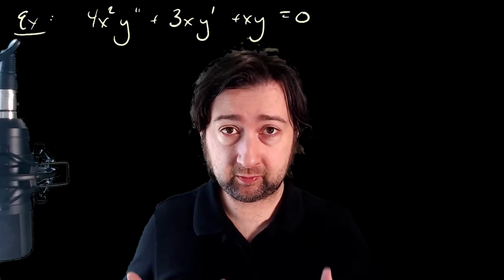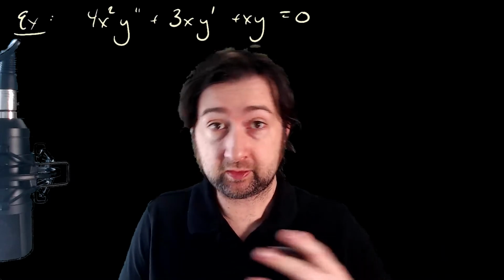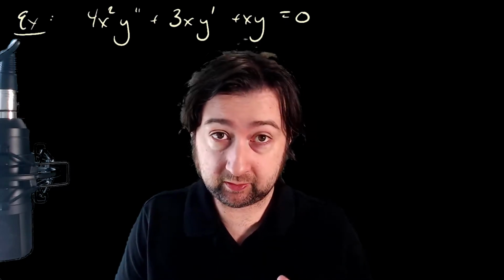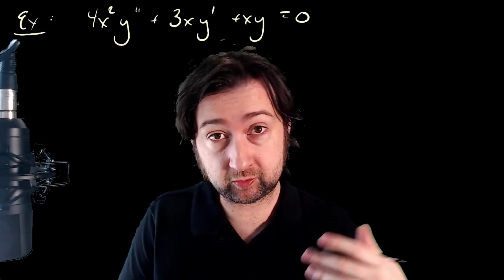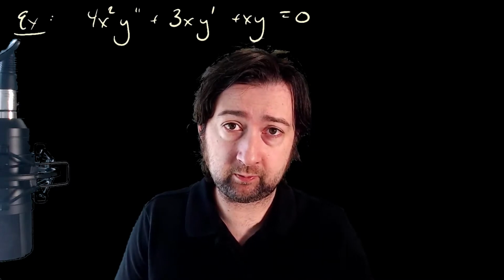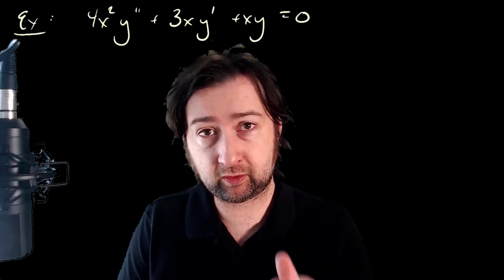The idea that we can use series to attack functions with singularities is really powerful. So let's take a look at this function, which is pretty straightforward, and we'll see if we can analyze it and figure out what its Frobenius series solutions must be. The first thing that I'm going to note is that this is not quite in standard form yet. This is excellent for computation because there's no fractions, but I can't actually figure out what R1 and R2 are